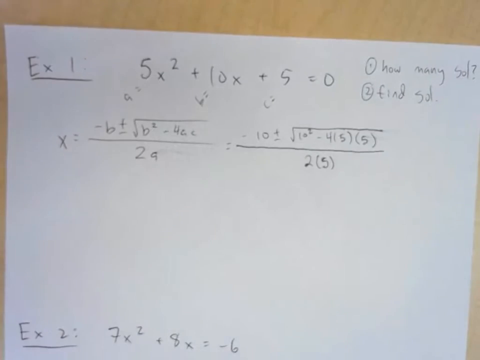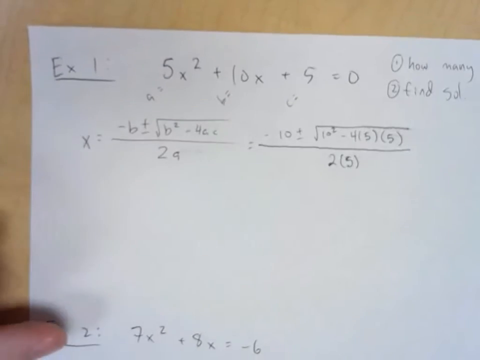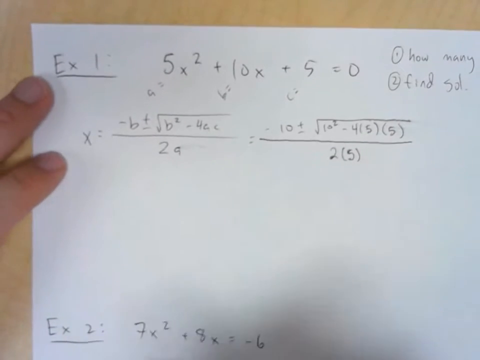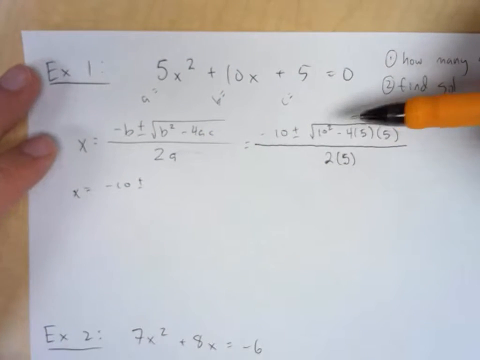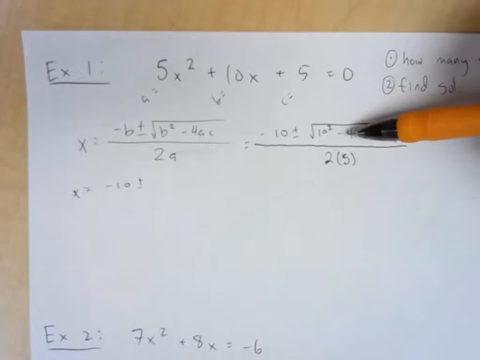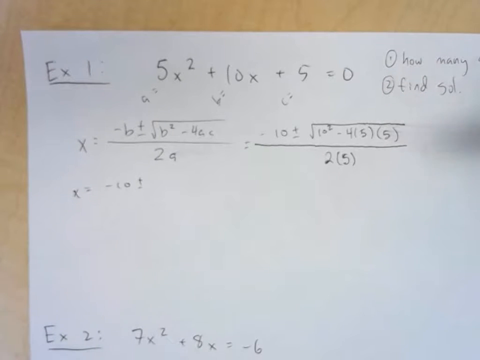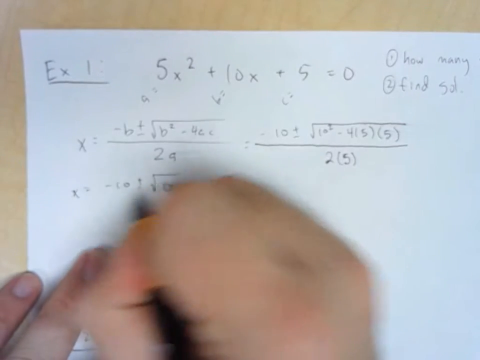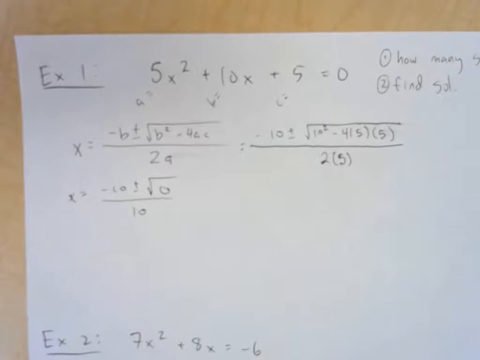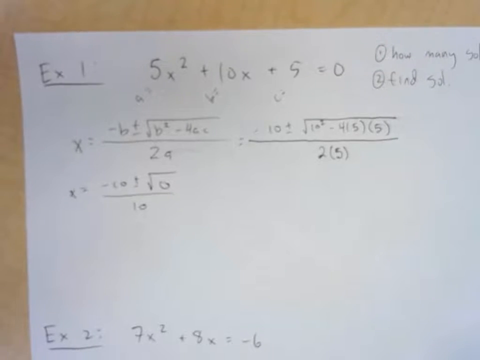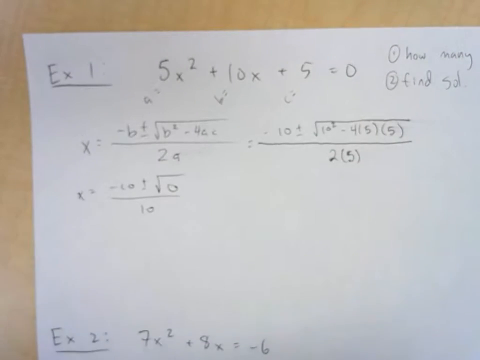Okay, so let's do some simplification. Can't simplify negative 10, so we're just going to write x equals negative 10 plus or minus. 10 squared is 100, minus 4 times 5, which is 20, times 5, which is 100, so 10 squared minus 4 times 5 times 5 is going to give us a 0, all over 10. Okay, so we know that if we look at the discriminant, the part underneath the radical, right,